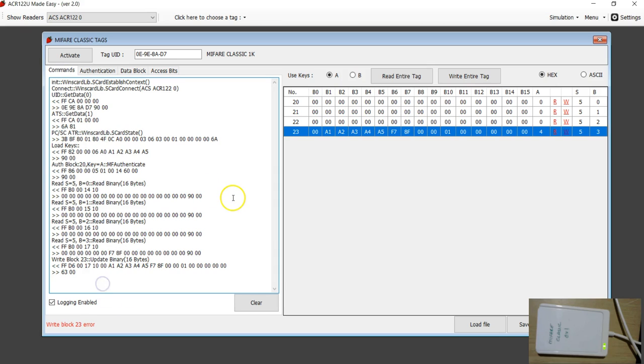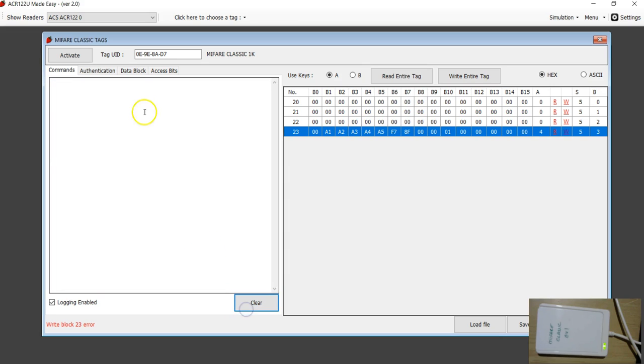Now if you were working with an embedded system, and there's any error like this from the card, you will have to reactivate the card. However, because we are using the ACR122U reader writer, it has this auto polling mechanism enabled. Every time there's an error from the card, it auto polls, and again it keeps the card active. So I'm going to